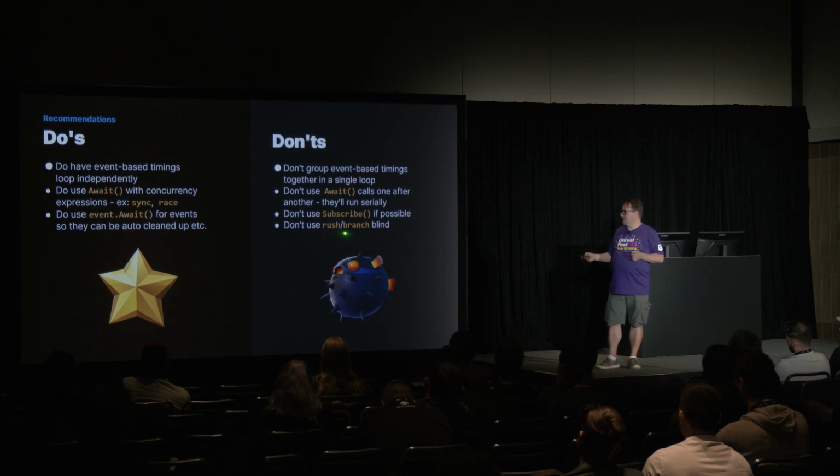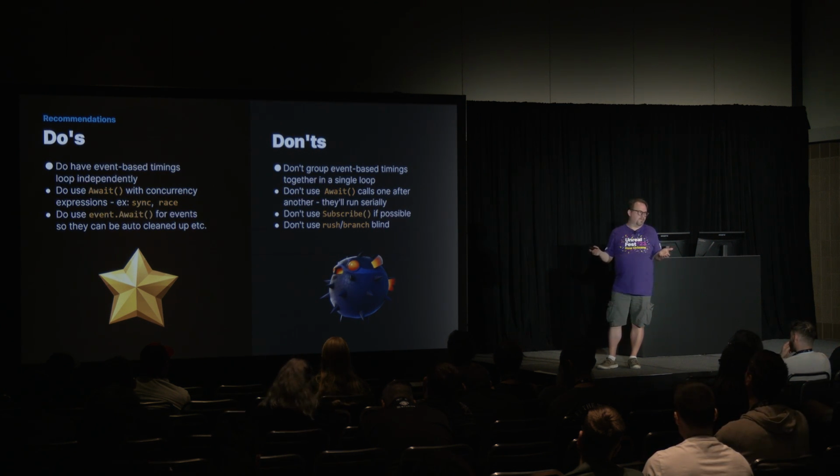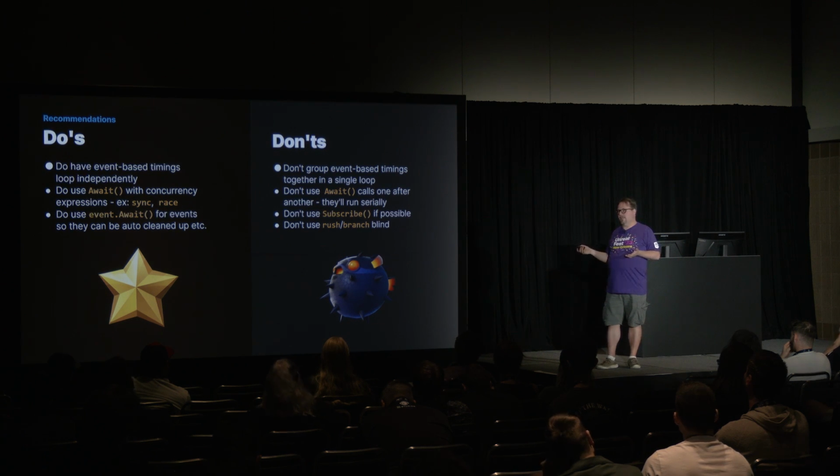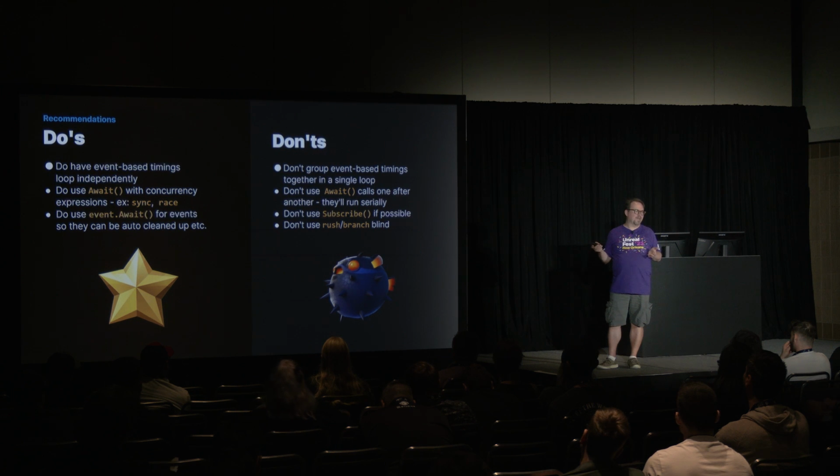So the other thing I mentioned, be careful about using rush and branch, because it has that weird, silent behavior: if it comes to the end of a function and they're still running, it will nuke them. That can be exactly the behavior you want, and because that is sometimes the behavior you want, they exist. But lots of people use those commands without realizing that that's what they might do. So I would say be really careful. Almost every single time I've ever seen anyone use rush and branch, I have found that they could use sync and race instead in a way that was actually more sensible for what their logic was.